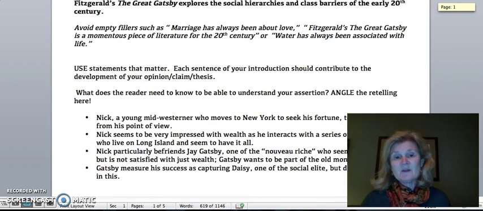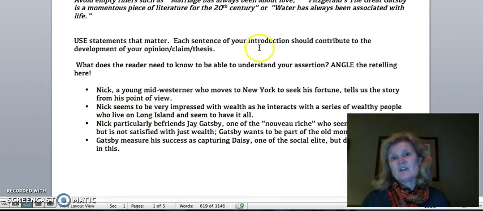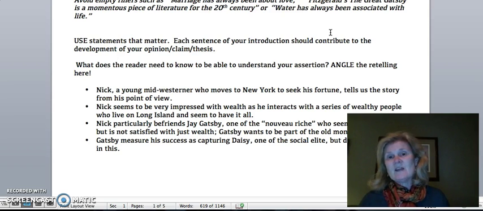So I move on and I think about the second part of my introduction, which has to be that transition. The transition sentences are really geared to providing the reader with the information that is essential for them to understand, or that is essential to build to my thesis statement. So in this case, as I looked at the idea of Gatsby not being able to attain Daisy's love, and I looked at the evidence that I used as far as permanent class barriers and the lack of attainability of the American dream,